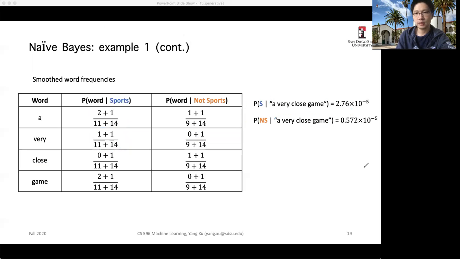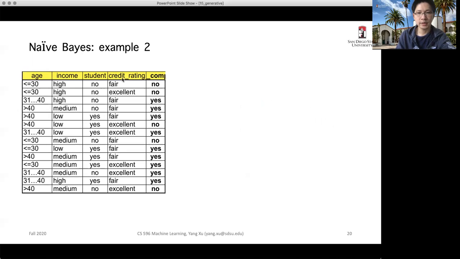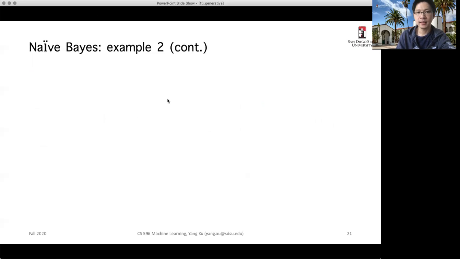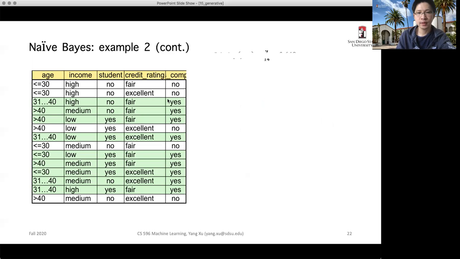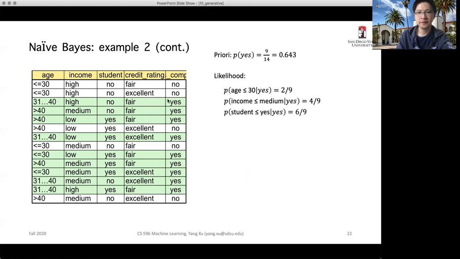All right, now let's skip the second example. I hope you can go through the examples yourself after the lecture ends. In that example, we have more outcomes and more features, but we basically need to convert all the continuous features into categorical ones.